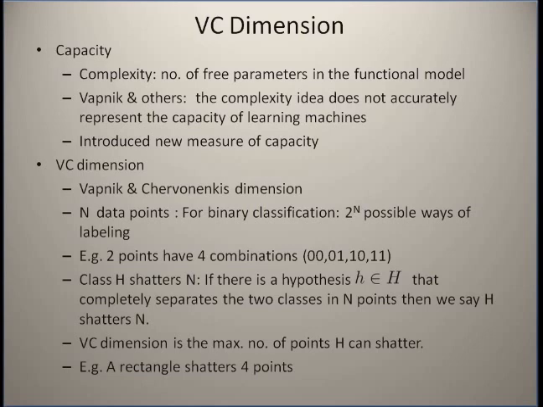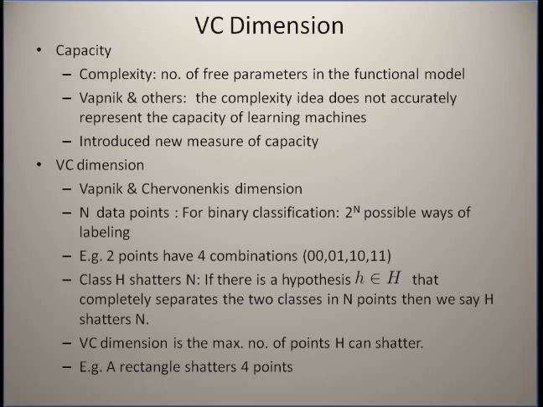That is the maximum number of data points that can be shattered, that is, completely classified as positive and negative samples by a particular class H that would contain multiple hypotheses, small h, is called its VC dimension. Let me repeat. The VC dimension is the maximum number of points that can be shattered by a hypothesis class H. We will discuss the concept of VC dimension in detail later, but for a simple example, I will say